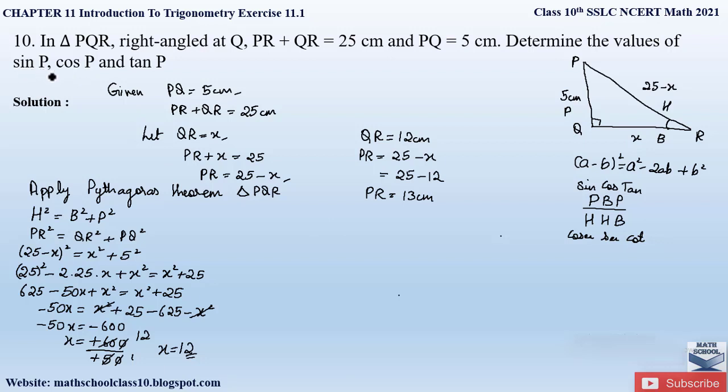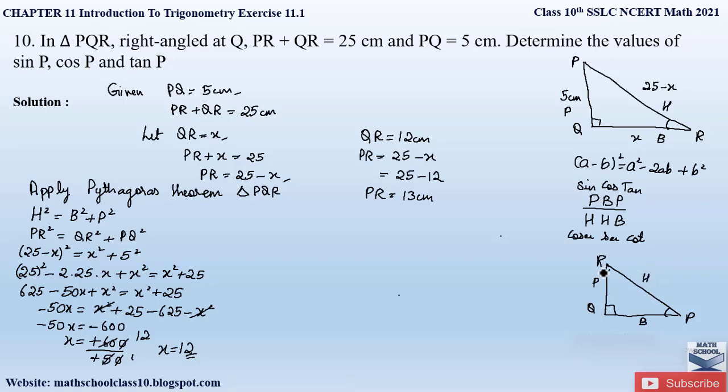So we have to find out here sin P. Since we have to find out the value of angle P, which will be our acute angle, we will redraw this figure and bring this angle P to the base. Angle Q is fixed, which is a right angle. Angle P is our acute angle now, and so this will be our angle R. So the side opposite our acute angle will be the perpendicular, the side along will be the base, and the side opposite the right angle will be hypotenuse.